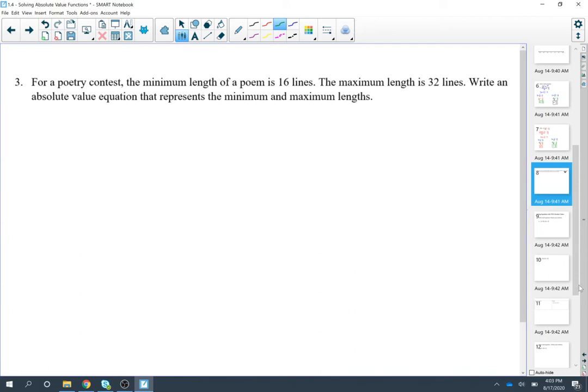Example 3. For a poetry contest, the minimum length of a poem is 16 lines. The maximum length is 32 lines. Write an absolute value equation that represents the minimum and maximum lengths. Now, the first thing I'm going to do to look at this is